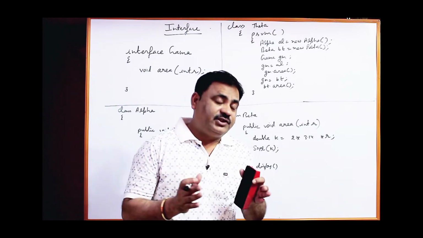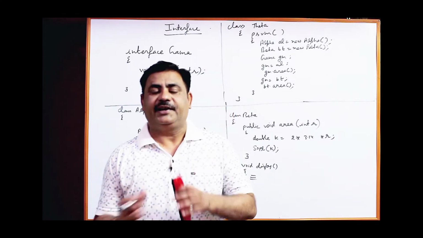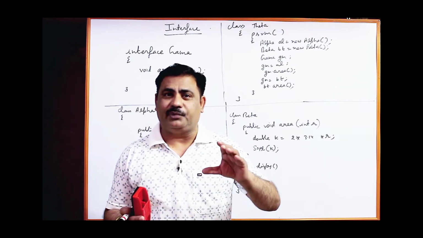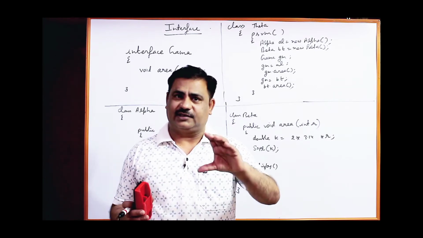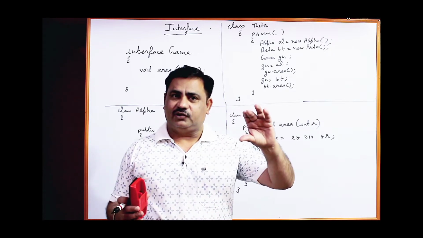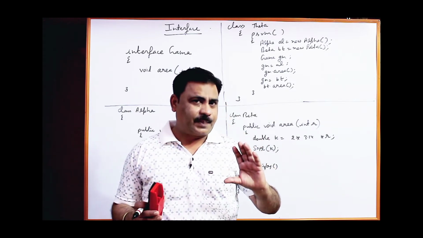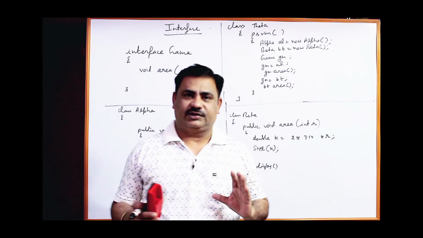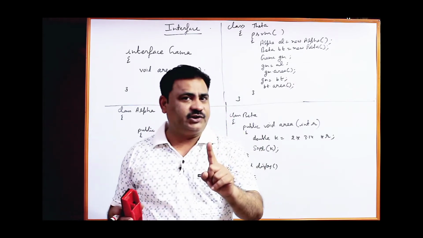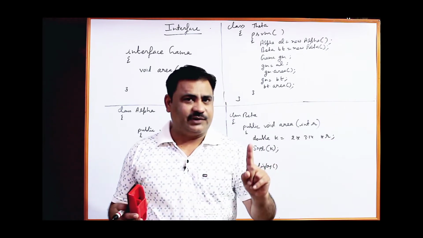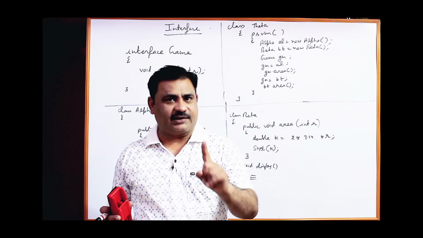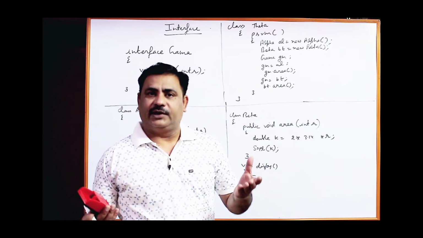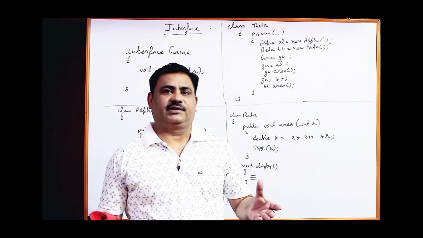In Java, interface is used to implement multiple inheritance. It is also just like a blueprint of the class, just like a class is the blueprint of the object. In an interface we just declare some functions, as we declared abstract functions in the classes. In the last video I had explained about abstract classes and abstract functions. In the same way we can declare functions in the interface.